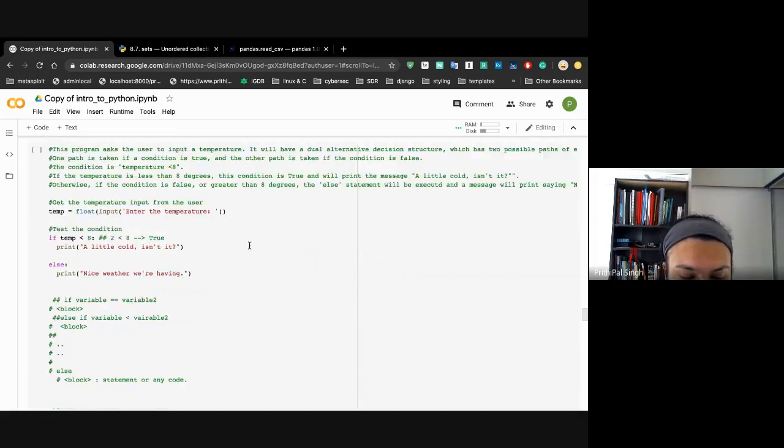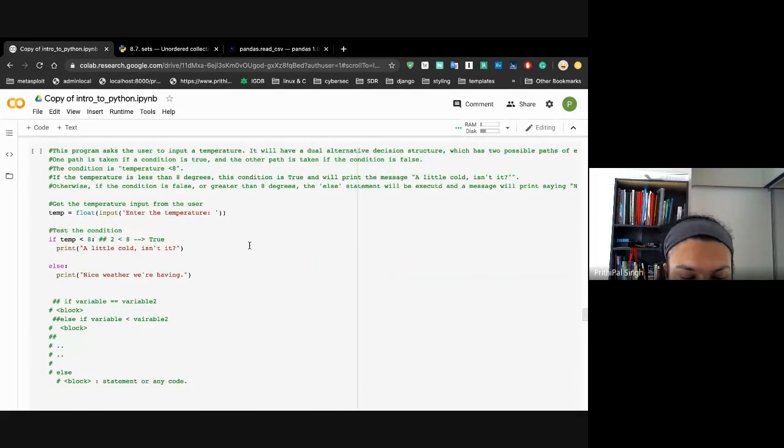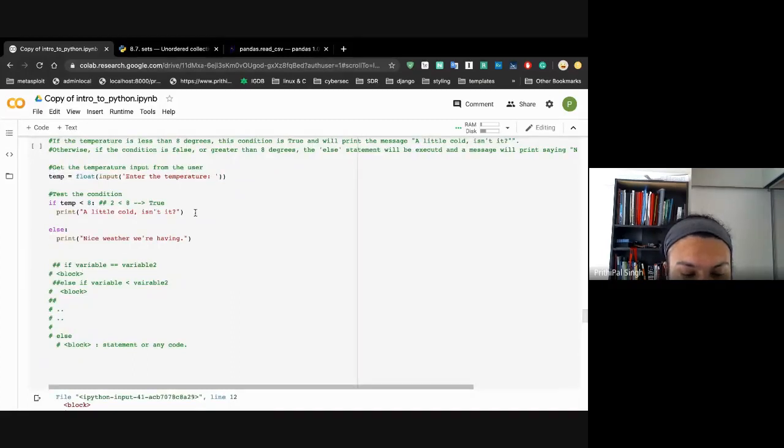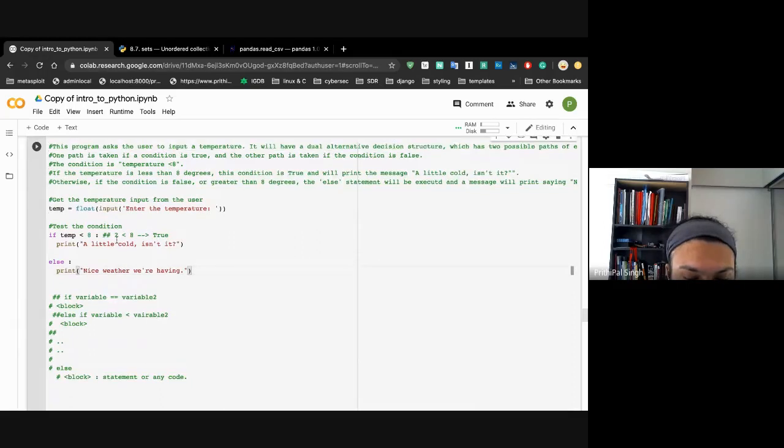Okay, then the next thing is if you meet a certain condition, that's the first block. And otherwise, it's another block. So you can do it with the else keyword. And same thing, the else doesn't expect any statement because it's otherwise of whatever is before, right? So in this case, if I enter 2,